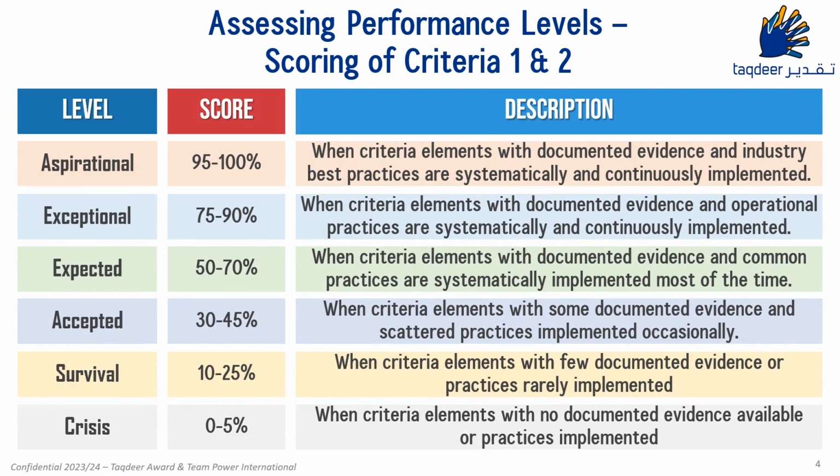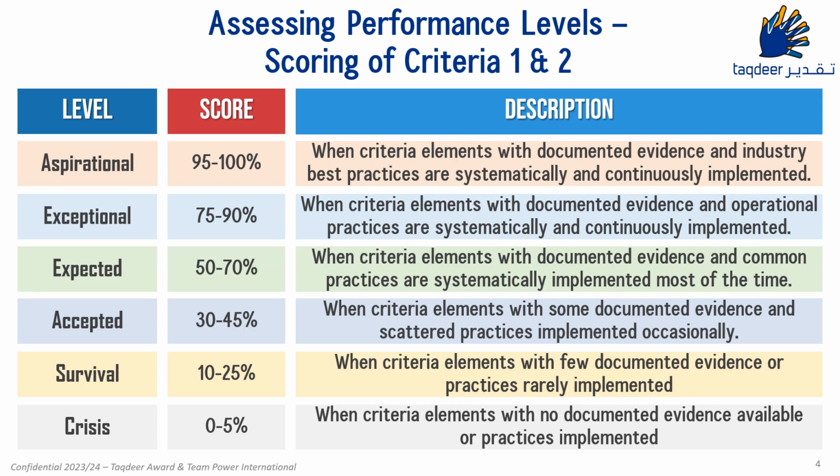In addition to the new award framework and criteria, the Taqdeer 2024 award cycle introduces a new and unique assessment scoring system. When developing their award submissions, companies should consider how assessors evaluate and score their performance levels against Taqdeer Award Criteria 1 and 2 elements. Crisis level performance is typically assigned when assessors find criteria elements with no documented evidence or practices implemented. In such cases, the assessment team usually selects 0 or 5%, and the allocated scores are automatically calculated by the